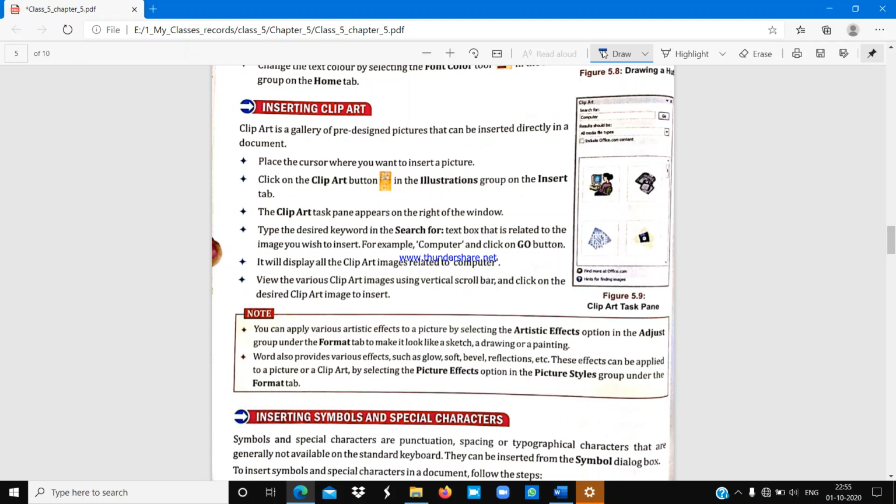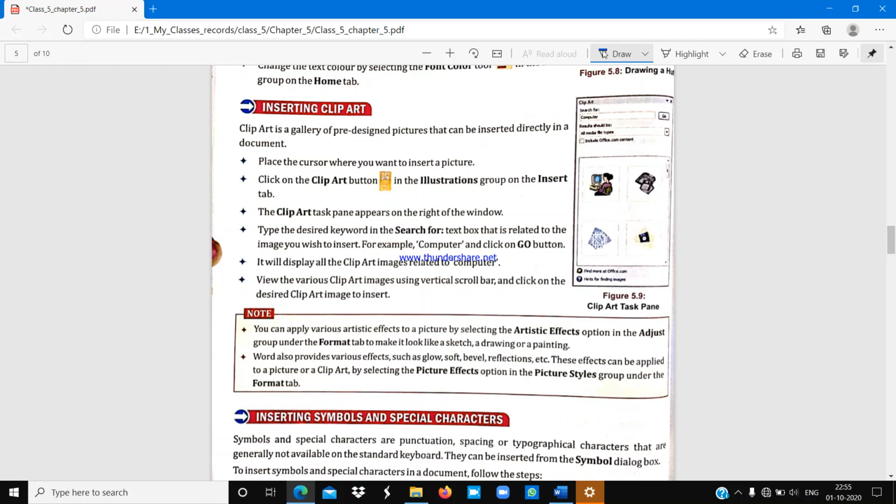Now, you are thinking that ma'am is skipping one topic here. Yes, I am skipping the inserting clip art topic. Okay? Why am I skipping this topic? Because you can do this topic by yourself. Understood?